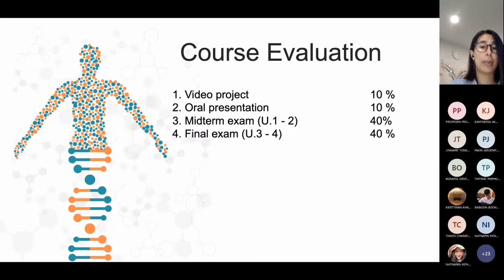Then number 3 is the midterm exam. Midterm exam covers Unit 1 and Unit 2. And the final exam covers Unit 3 and Unit 4. Both the midterm and final exams are 40%. So that is all